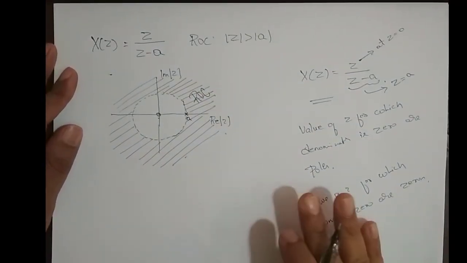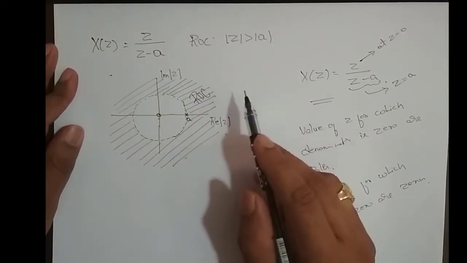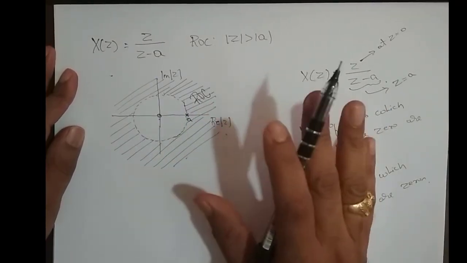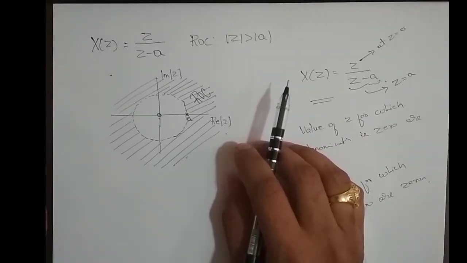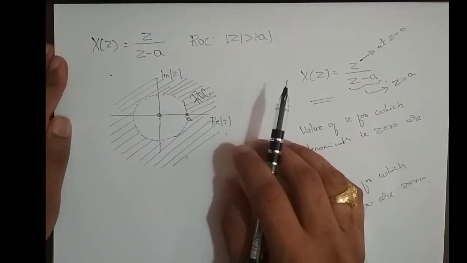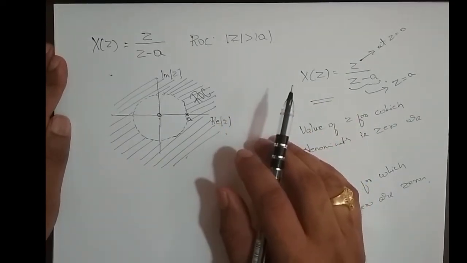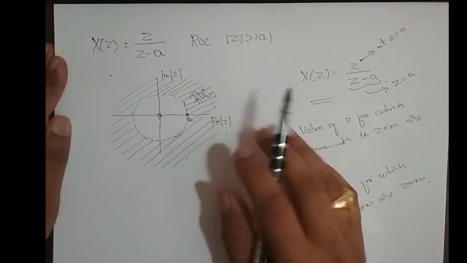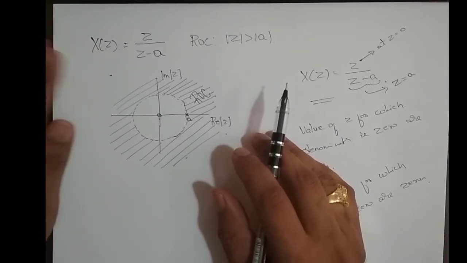Fine. In the previous video we discussed the Z transform of finite length, right sided, left sided and double sided sequences. Whatever the sidedness, if the sequence is finite length, there won't be any circle in the Z plane. The ROC of a finite length right sided sequence is magnitude of z greater than 0. The ROC of a finite length left sided sequence is magnitude of z less than infinity, and the ROC of a finite length double sided sequence is in between 0 and infinity, which we discussed in the previous video.